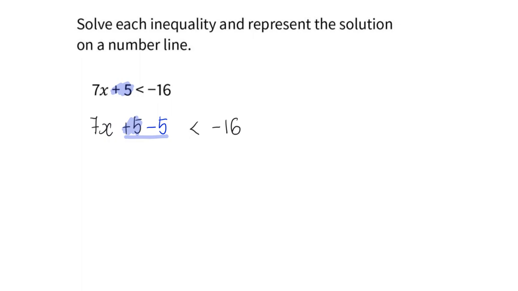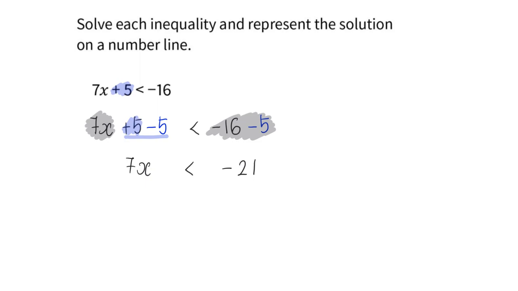But if I do that on one side, I must do the same on the other side. And so I'm left with 7x on one side, and on the other, negative 16 minus 5. This will give me a value of negative 21. And then the next step would be for us to divide by 7